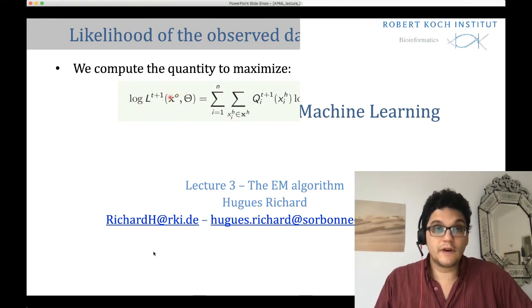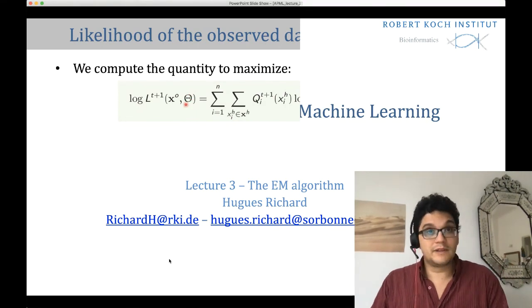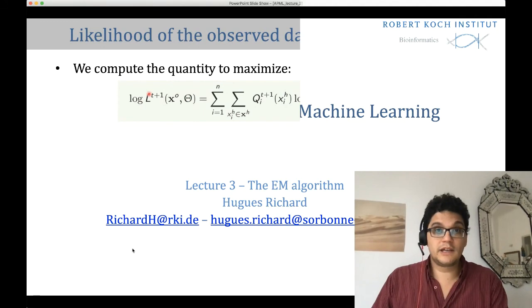This is a function of our observation and of theta, the parameter we want to maximize this log likelihood over. As we just said, this log likelihood is the sum over the examples of